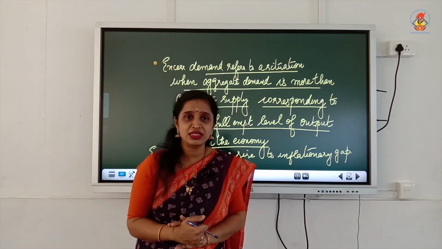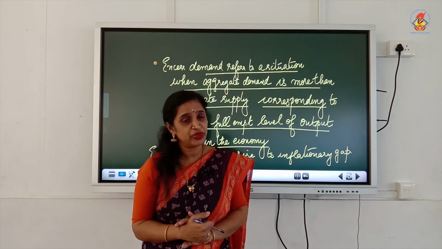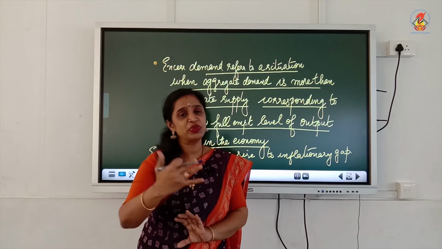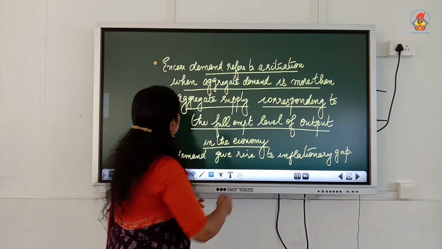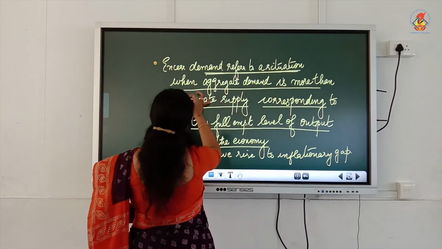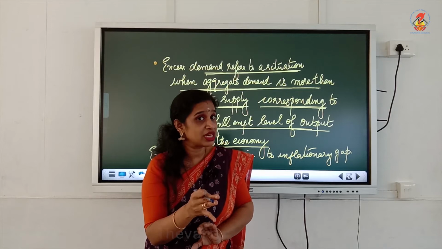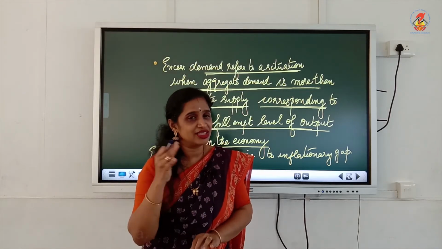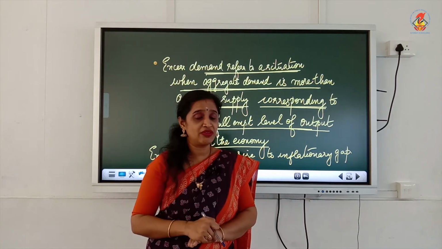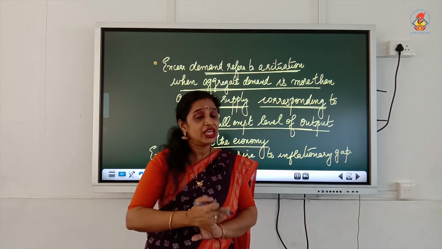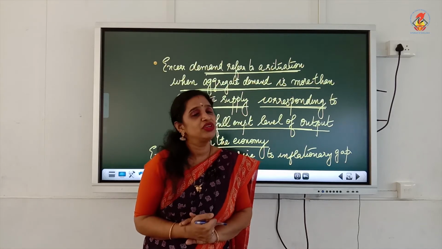In that, we are discussing now the full employment equilibrium situation, connected with which we can explain excess demand. So the definition: excess demand refers to a situation when aggregate demand is greater than aggregate supply corresponding to the full employment level of output. This is where the importance of full employment level exists. So corresponding to the level of full employment. What is full employment level? A point where aggregate demand intersects the aggregate supply. That is known as full employment level. Corresponding to that full employment level, if the aggregate demand is greater than aggregate supply,